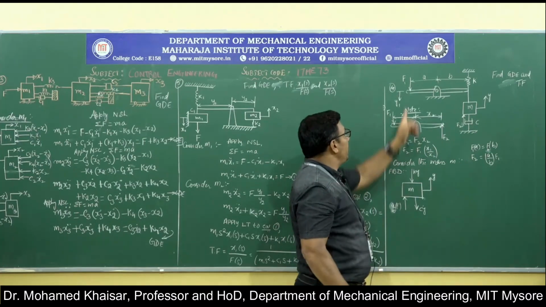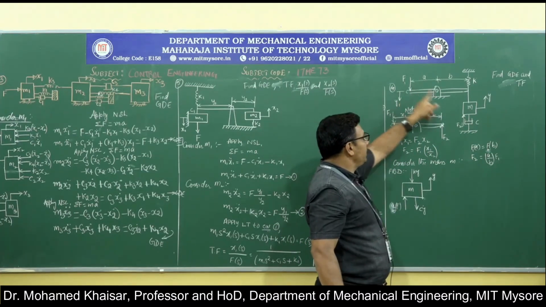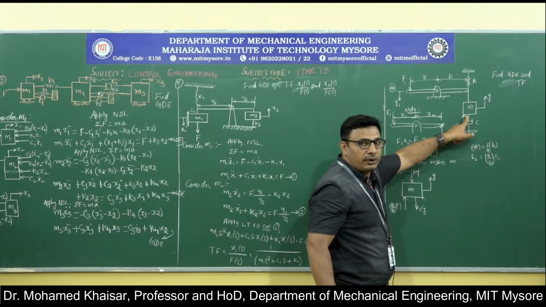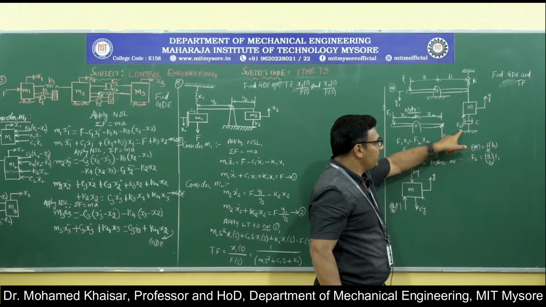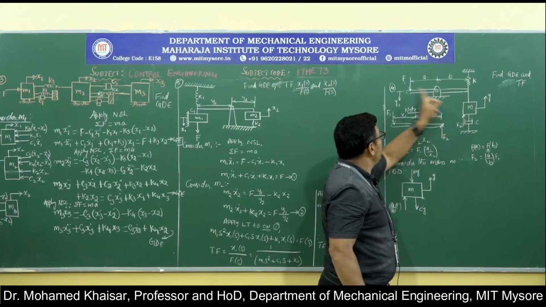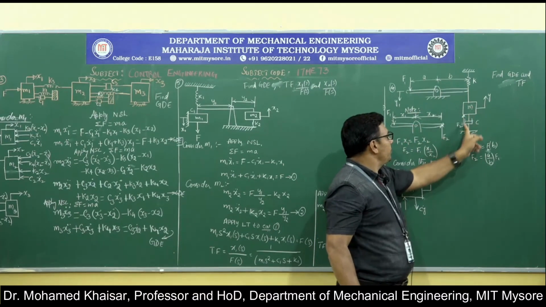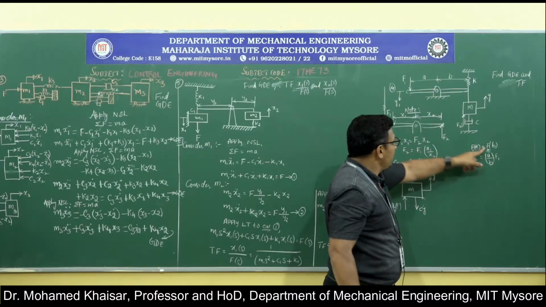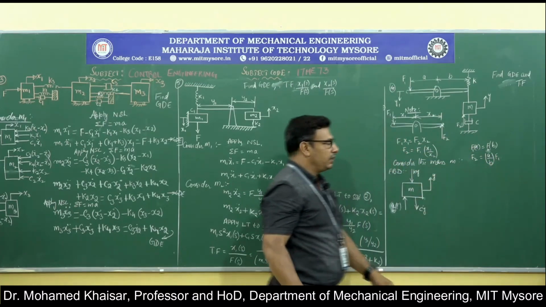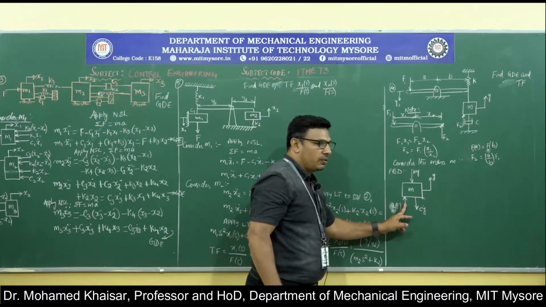So that is why I have named this force F as F1. The force experienced by the mass is going to be F2. Now if we want to find what is F2, then F1 into A is equal to F2 into B, that is the relationship, and F2 is given by A divided by B into F1. That is what we have written over here.